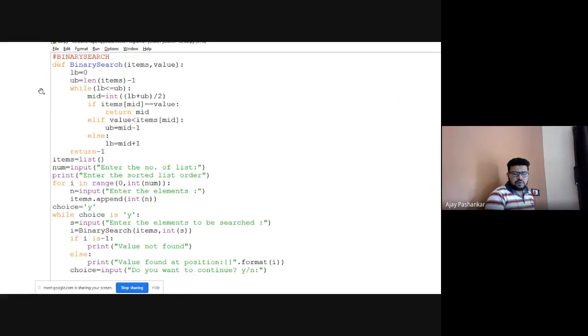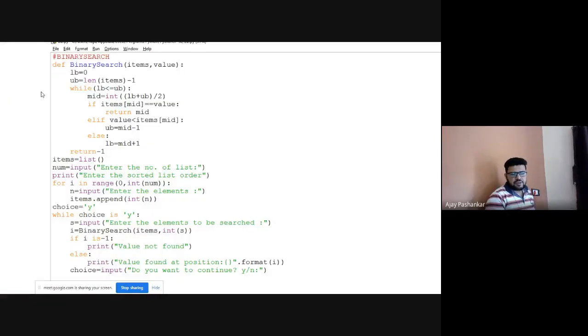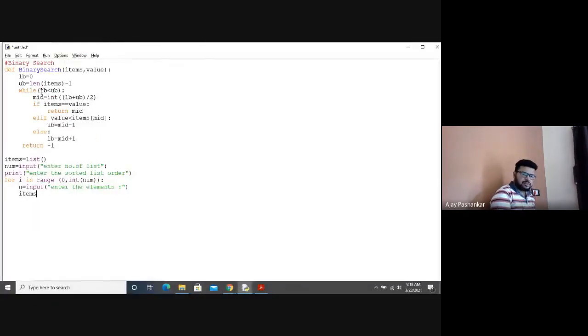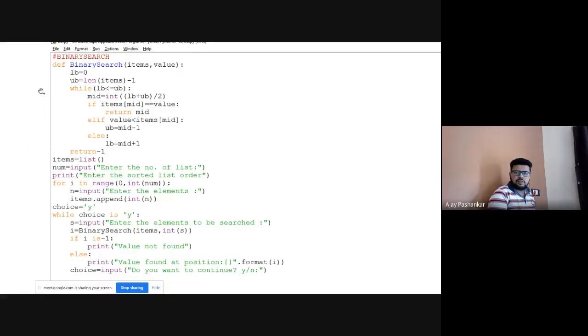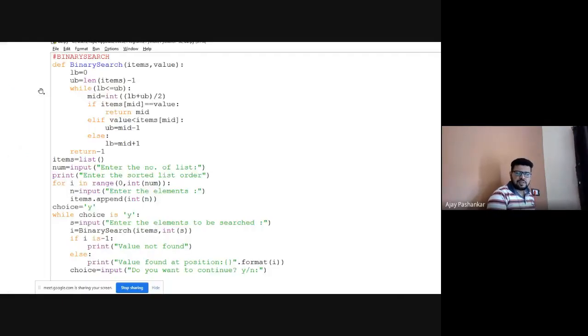Then n equal to input, enter the elements. Items dot append: the number of items you are providing will be appended at last. Items.append(int(n)). Let me complete this program, then I'll explain.